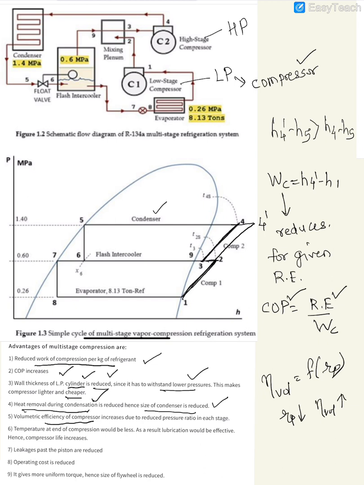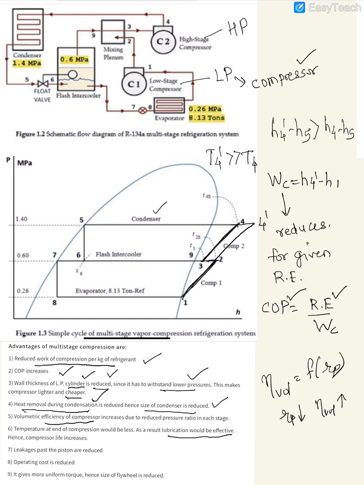The discharge temperature in single stage would be T4 dash, which is much higher as compared to T4 when you do multi-staging. So the discharge temperature is reduced, and when the discharge temperature reduces, the lubrication needs would also be reduced. The lubrication would be more effective. In the case of multi-staging, the compressor will also have a longer life because the discharge temperature is reduced in multi-staging. So this is an advantage